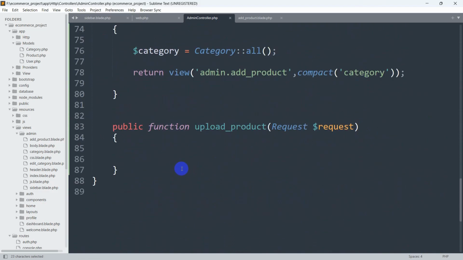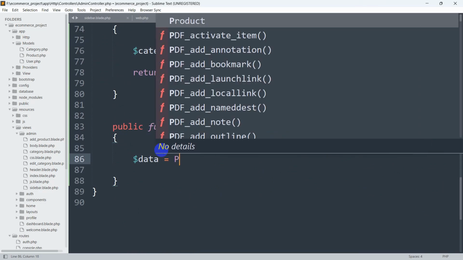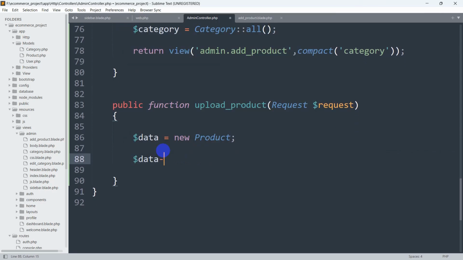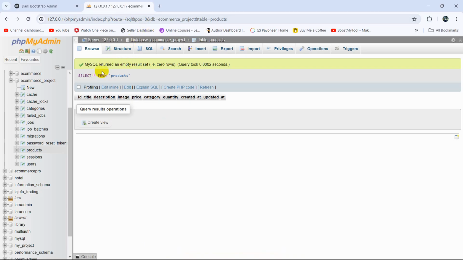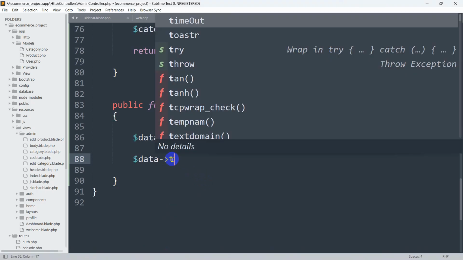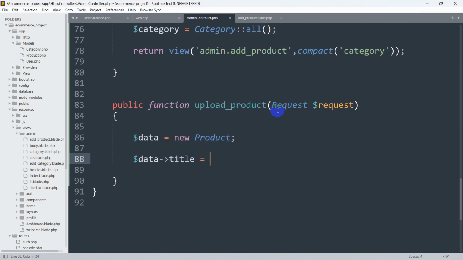Right now let's go down and declare a variable. Let's say $data equal to the model name, which is Product, but before that we'll mention new because we want to upload new data. So: $data = new Product; and after that $data, this arrow sign, and after it we need to mention the name from the database table. You can see in the database table that for the product title, the column name is title. So here we are going to mention title equal to